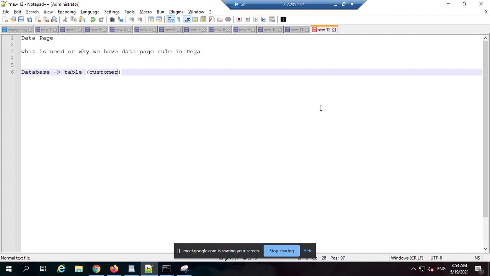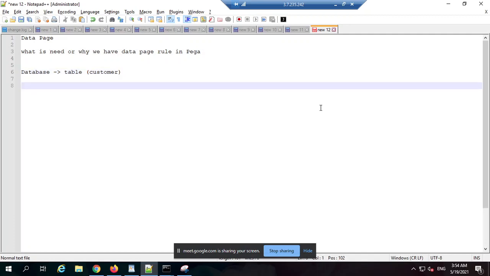So now if you go with the same rule, to fire SQL commands, basically reporting, okay. In Pega we have a rule called report definition, okay, which is nothing but very similar to a SQL command, where you can put joins as well, you can put where clause as well, you can put column names as well, and you can do any sort of manipulation to SQL. So when we have report definition rule, still we have a database rule as well. So what is the need?